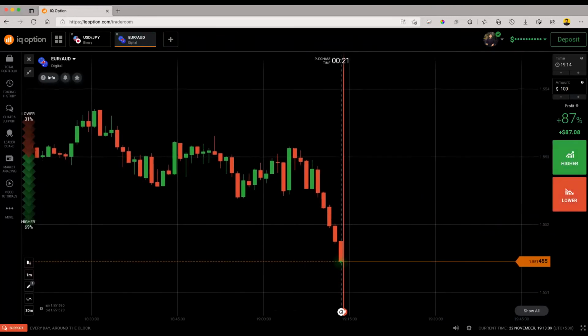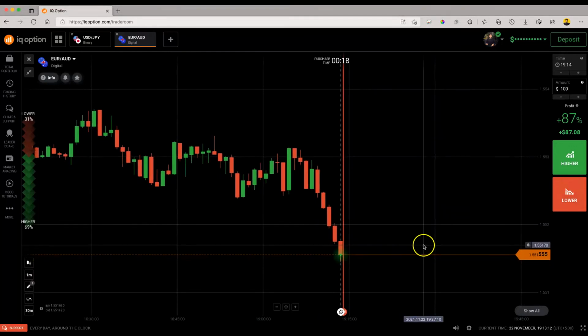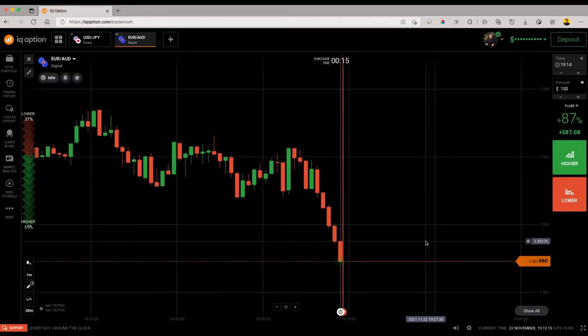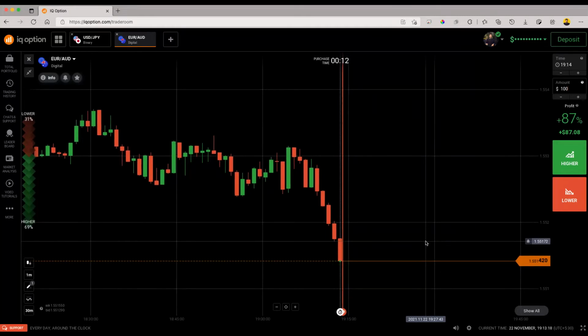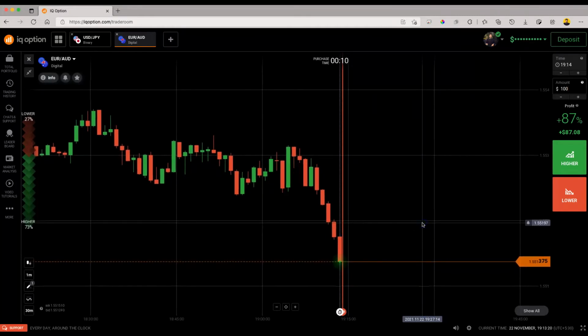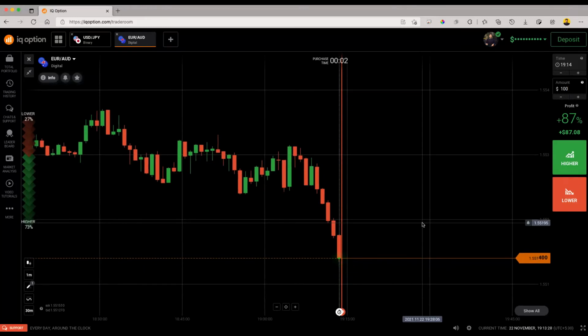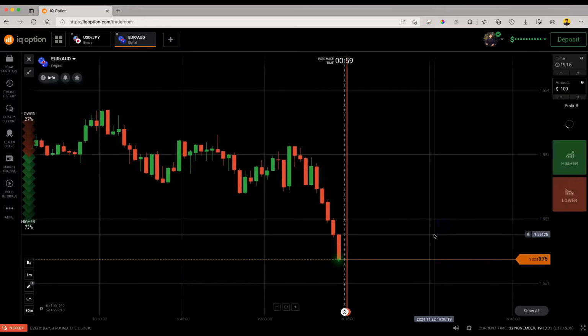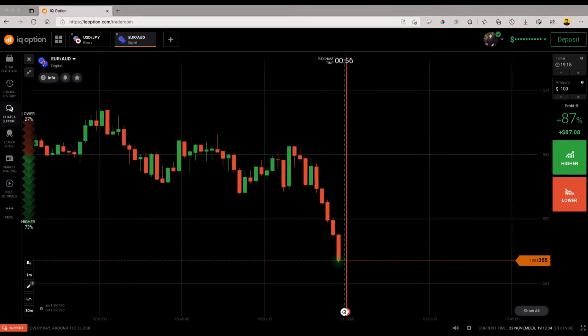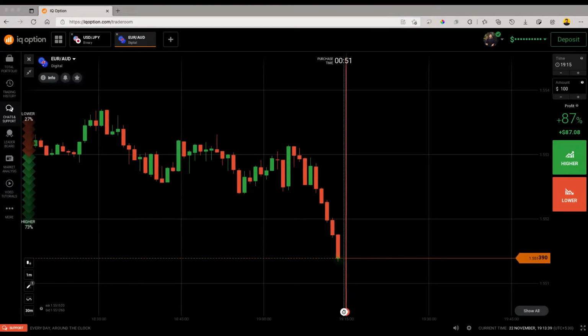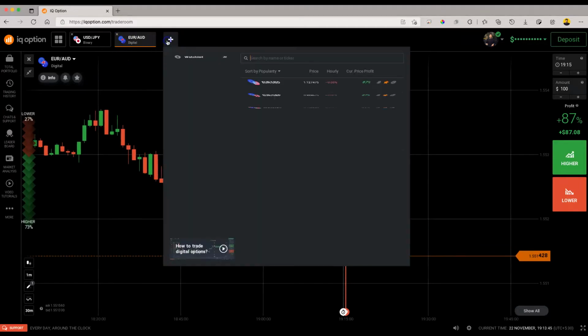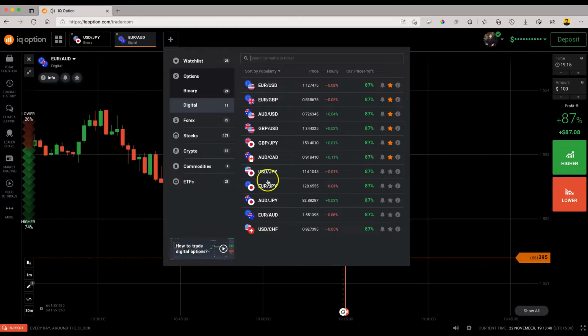Now we must not execute a trade immediately. We have to just wait a little bit. This trade was also easy for us to execute, but we have to wait, because as you can see previously, before the smooth formation the market was not so good. So we had to execute the trade which has less risk. Let's just wait and watch what happens and what we have to do. Now we are going to see another currency pair as well.